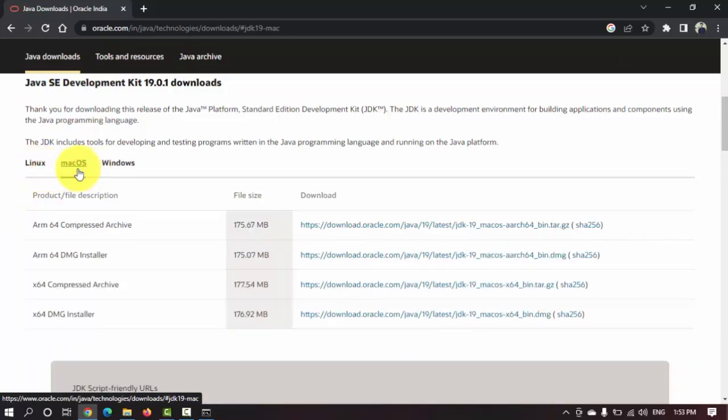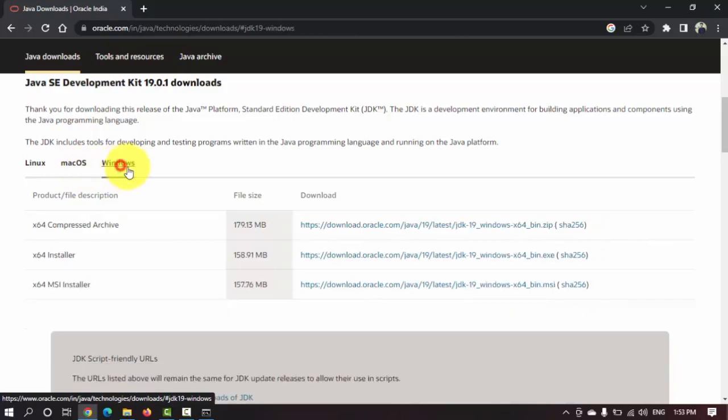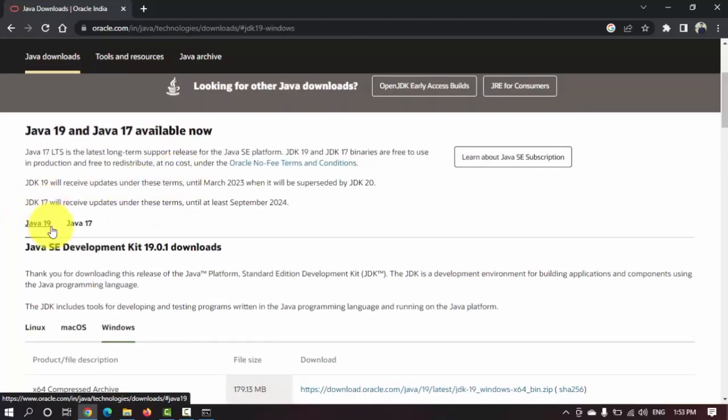And if you want to install it on your Mac OS machine, I have already made a video on how to install Java JDK on Mac OS machine, the latest Mac OS also, M1 and M2 chips. So you can go to my channel and see those videos if you want to install on your Mac OS machines. As of now we are doing it for Windows, so I'm clicking on Windows and I'm downloading the